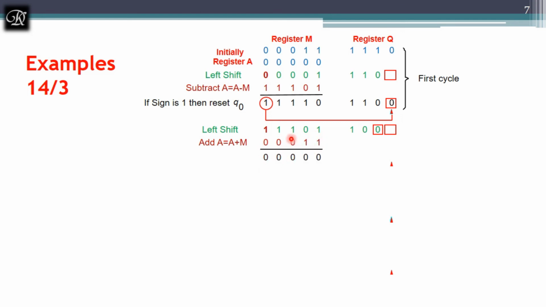When I add 3 to this, I got 0. It means whatever I am having here, 1 1 0 1, which is negative 3, plus positive 3, I got 0, which you can see when I am subtracting also. I subtracted with negative 3, I got the answer 0. Now when I got the answer 0, it is positive, so the sign bit is set to 0 here. So the inverse of that will be set to 1 in the Q0 position.